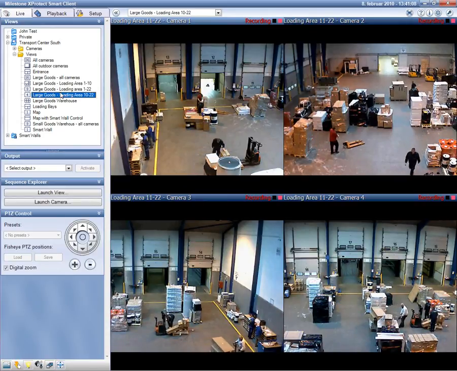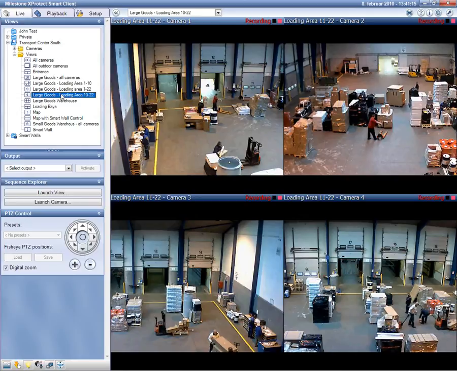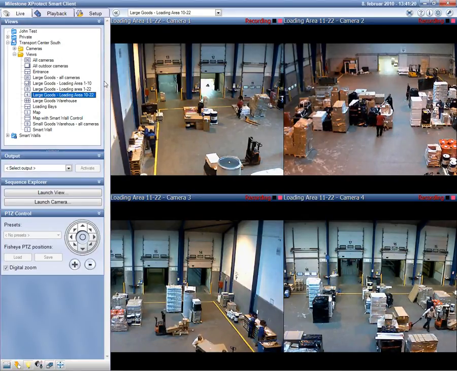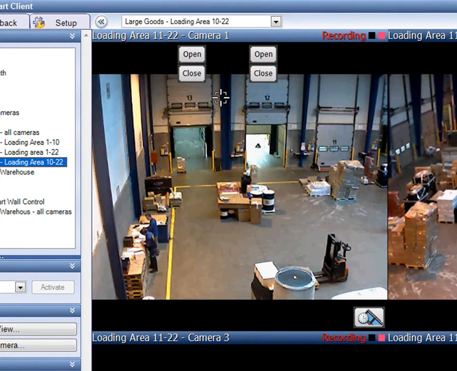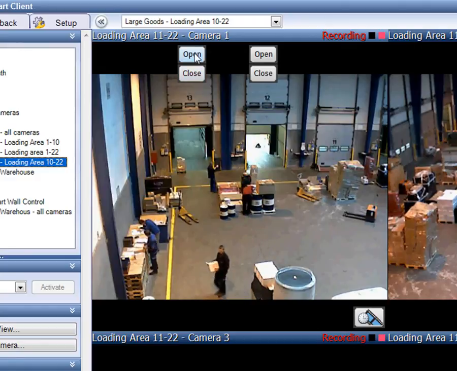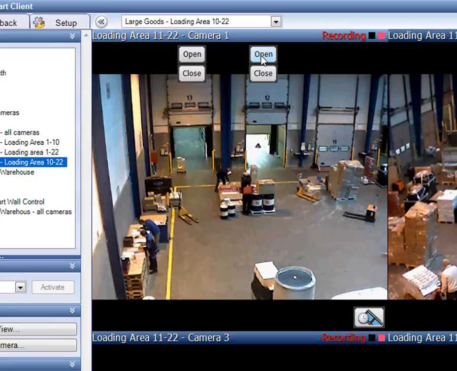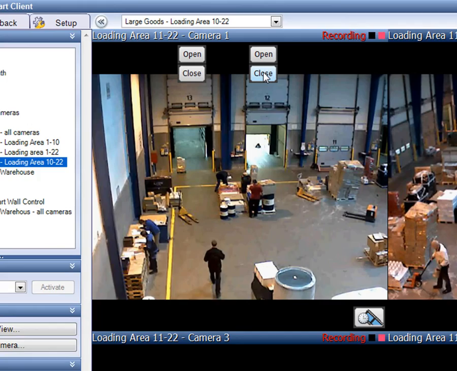Let's start with the new overlay buttons that introduce a new intuitive way of controlling events, output, cameras, camera-integrated devices, and other integrated systems directly from the camera view. The buttons appear when you mouse over a specific camera position so as not to interfere with the camera views during normal conditions. The overlay buttons allow you to link actions to a specific camera view and thereby create an intuitive and logical working environment. This speeds up your response time and reduces the training needed for